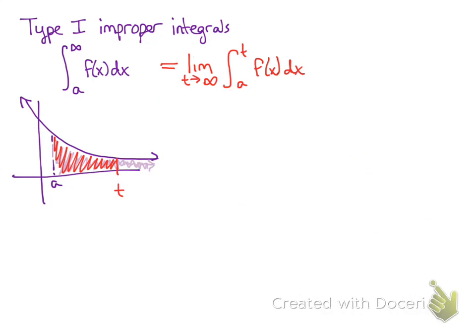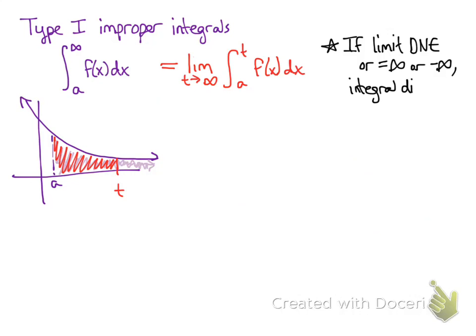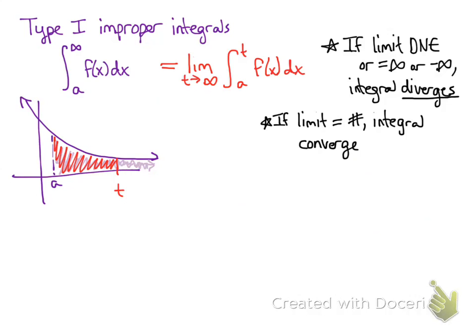So this is the definition of the integral from a to infinity. The definition of that integral is you have to take a limit of the integral from a to t and let t approach infinity. Okay. If that limit either doesn't exist, or is infinite, or is negative infinity, we say that integral diverges. It doesn't have a value. However, sometimes that limit will equal a number. And if it does, we say the integral converges, the improper integral converges,